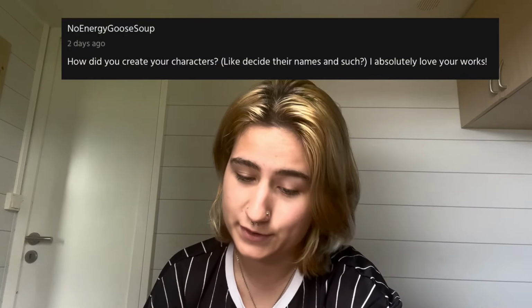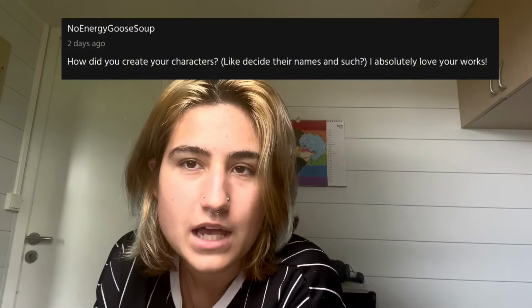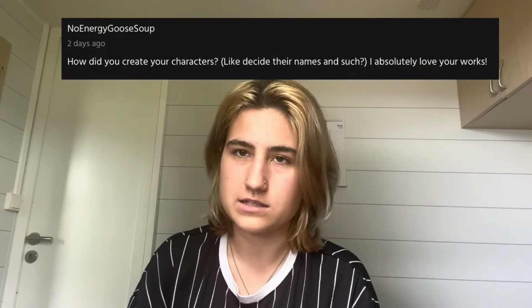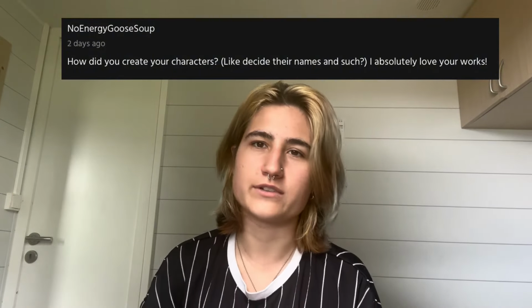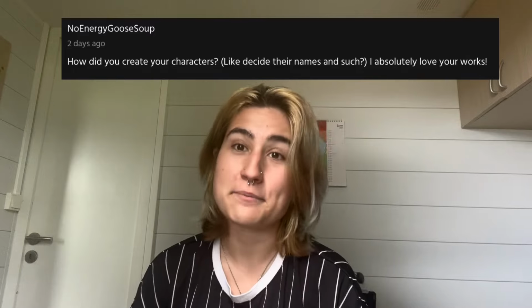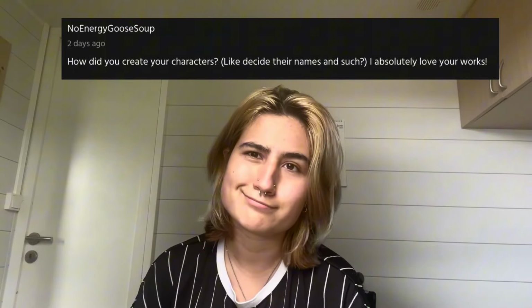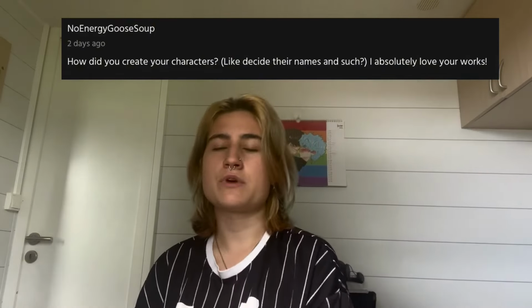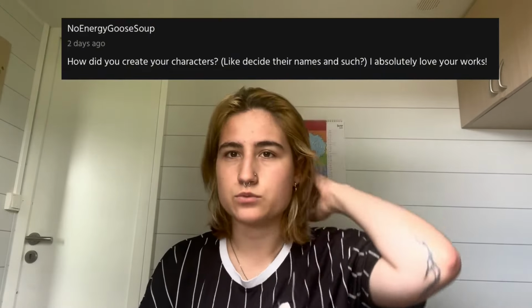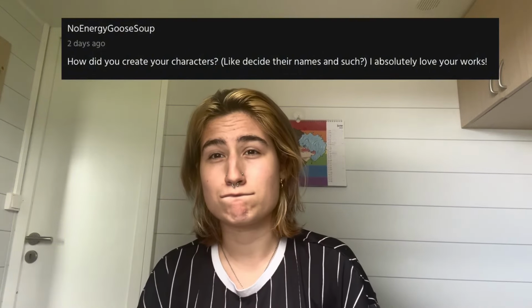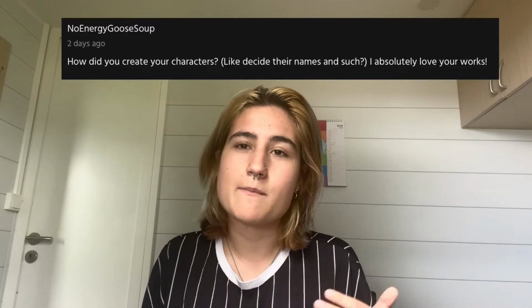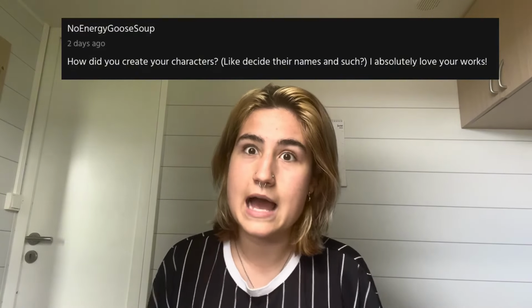Next question. How did you create your characters, decide on their names and such? So character-wise, like I said, the faces look all the same, so they kind of have to have different hairstyles to separate them without color, right? Sivu randomly got curly hair because I felt like that would be needed to kind of separate them. Like, character designs can change, okay? But mine was randomly in the middle of the comic, absolutely unprofessional.